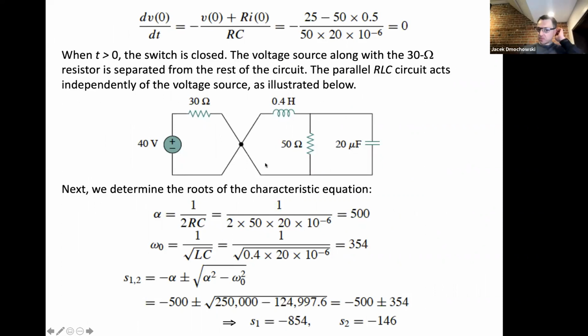We're here. So now we have our alpha, which is equal to 1 over 2RC, which works out to be 500. And we have our omega, which is 1 over the square root of LC, which ends up being 354. So when alpha is bigger than omega, we have the overdamped solution, which is the one where the quadratic has 2 real and negative roots. And those negative roots in this case, which are obtained by evaluating just a quadratic equation, are negative 854 and negative 146. So those are the values of the 2 roots,